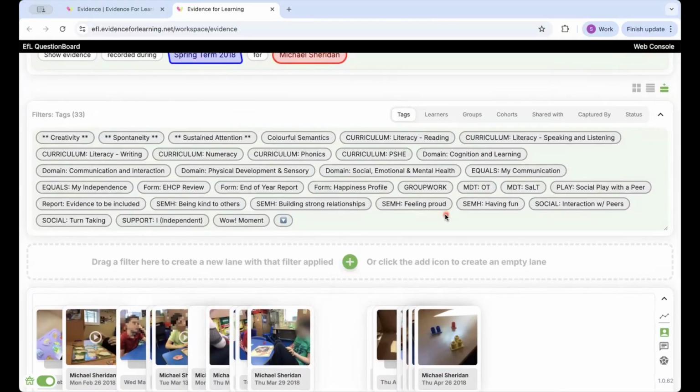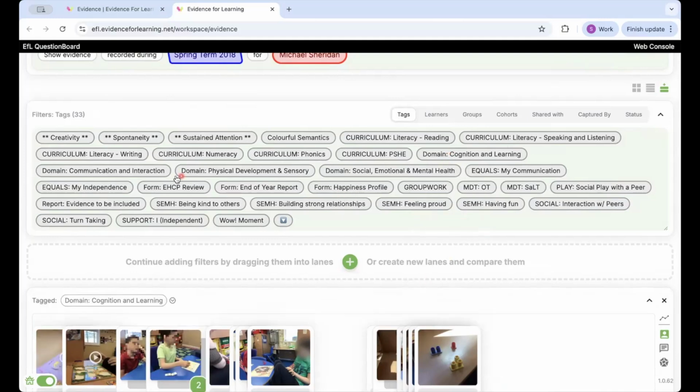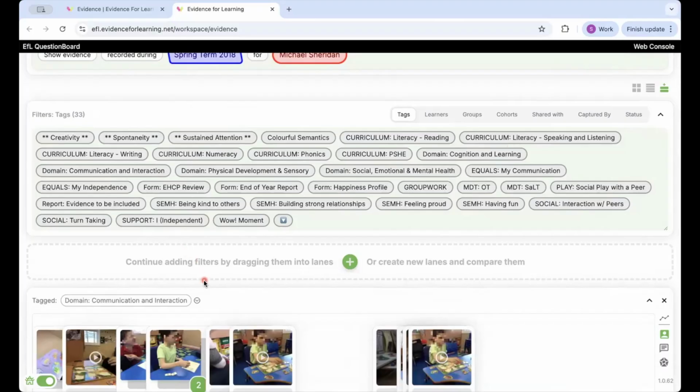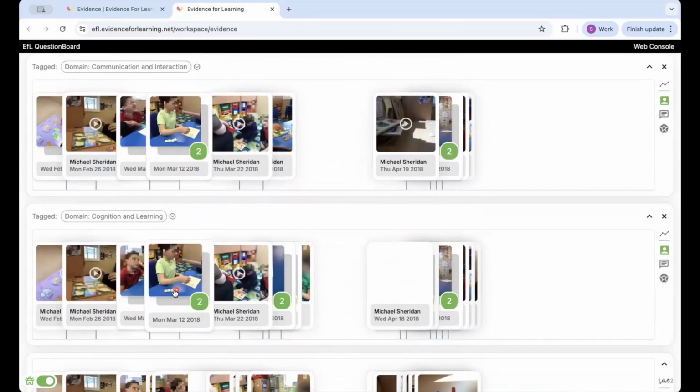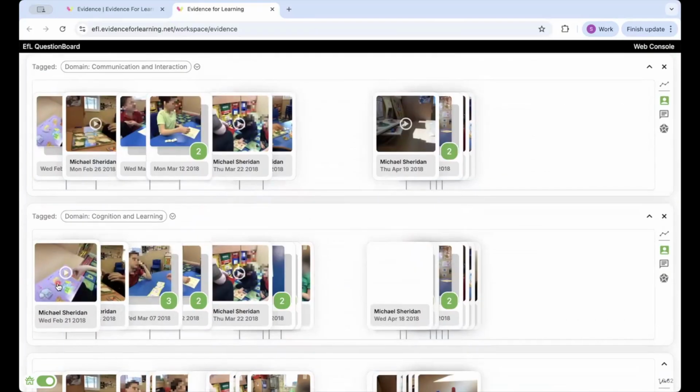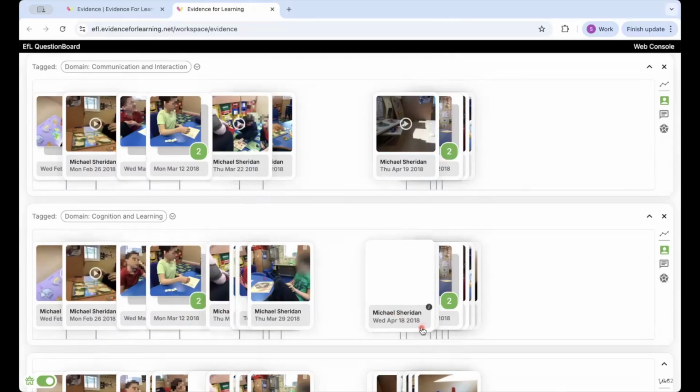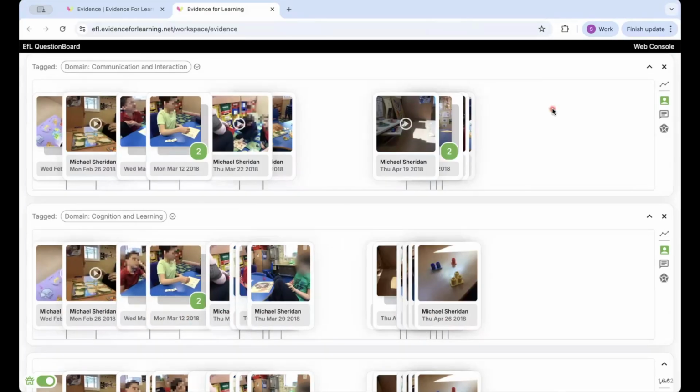When filtering by tag, all the tags used within the evidence featured are shown here. I can quickly and easily drag these down to form specific lanes for specific tags. This enables me to clearly see a particular starting point and the evidence captured of the learning that has taken place since then. This is excellent for creating case studies that facilitate conversations around learning, whether at annual reviews or